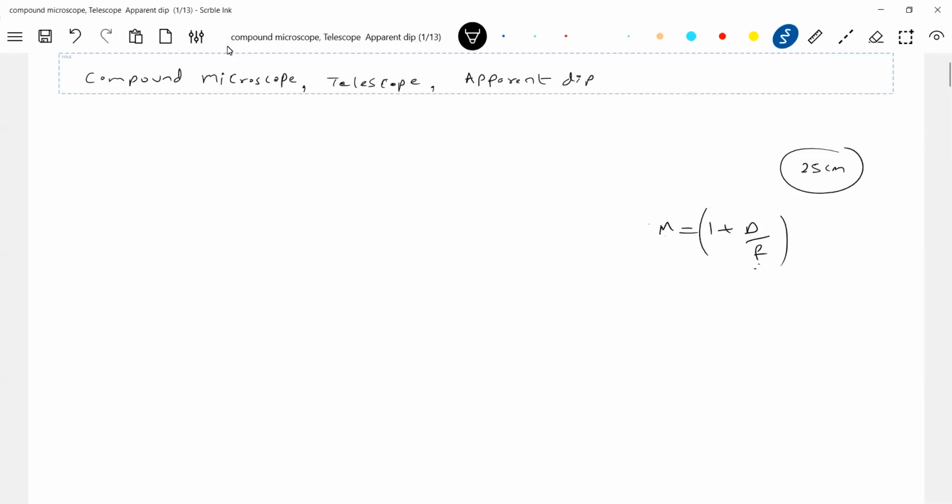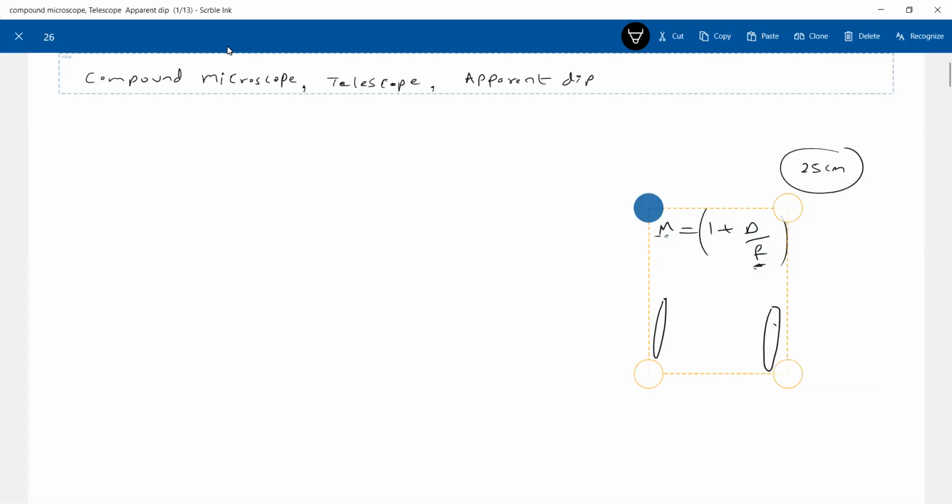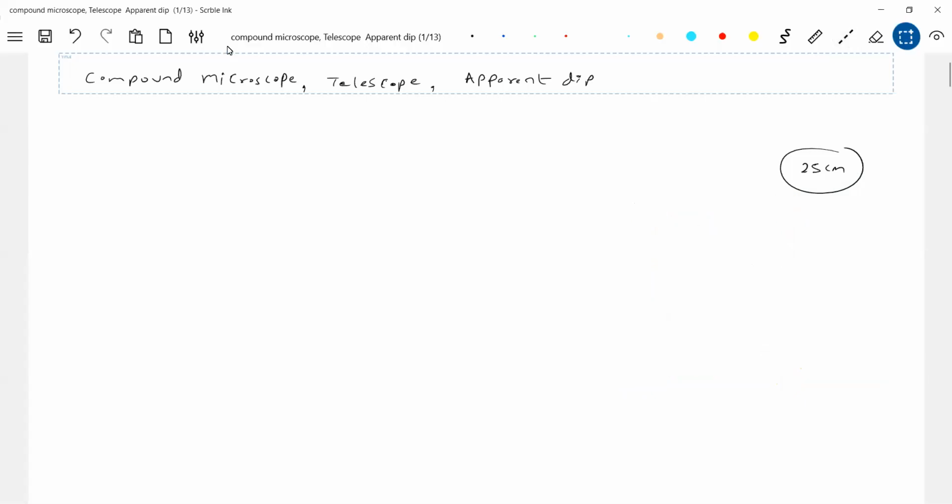If you want more magnification, what should you do? You should go for a smaller focal length. If you go for a smaller focal length, the aperture will decrease, and if the aperture decreases, you can't view the full object. So a compromise comes in, between the size of the lens and the magnification. Moreover, the magnification we get is at most 10 or 15, but practically we want magnification of the order of 100, 200, 300. So for that purpose, we'll go for the compound microscope.